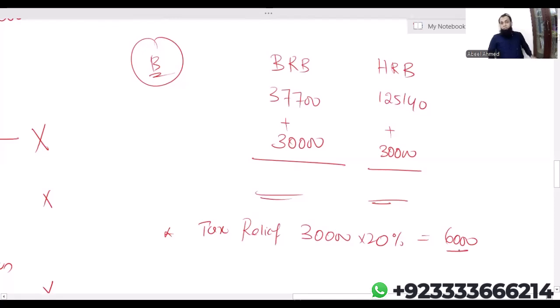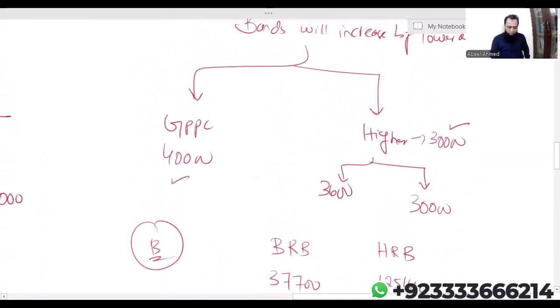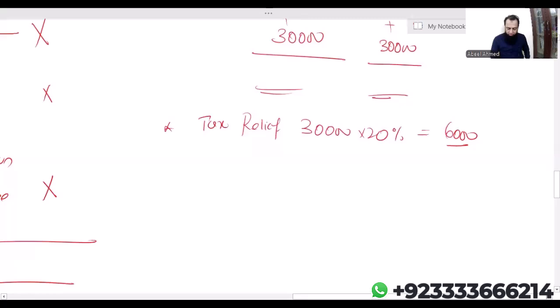Now listen carefully. If 6,000 is paid by HMRC, the next requirement is, assuming the examiner is asking you, tell us the actual payment of the individual into the personal pension contribution. The examiner has given us the gross PPC of 40,000. Now look at this: the actual payment by the individual.